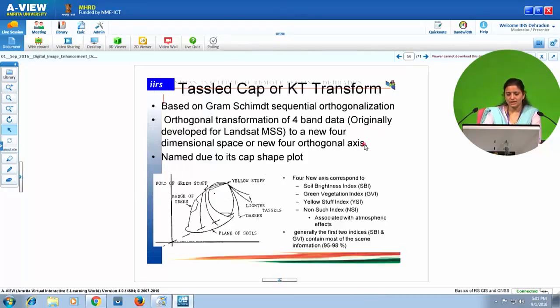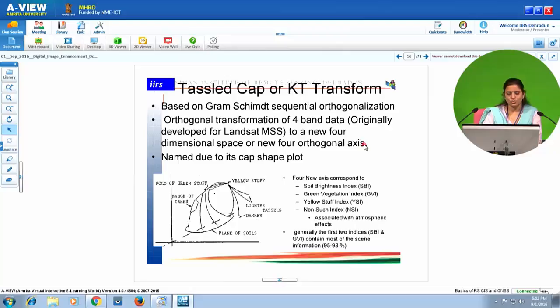Now, the next transformation is tasseled cap or KT transformation. Tasseled cap transformation is based on Gram-Schmidt sequential orthogonalization. It is an orthogonal transformation of 4-band data. It was originally developed for Landsat multispectral data to a new 4-dimensional space or new 4 orthogonal axes.